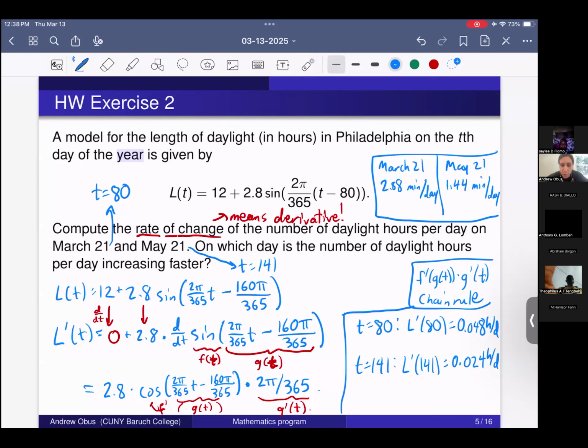May is closer to the solstice, so the days don't change length as quickly. And of course, if this was done in Monrovia instead of in Philadelphia, you would get a very different function here. The day length in Monrovia is much more constant than it is